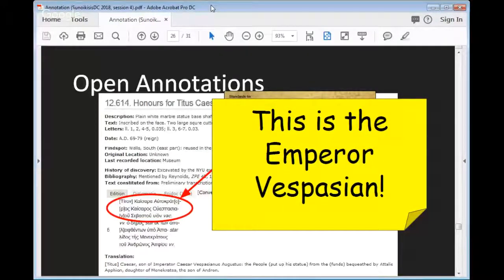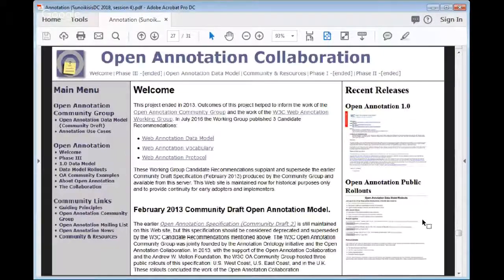Okay, and this is by way of explaining the language that the open annotation format uses. The annotation has a target. The target is what we're pointing at, the piece of text, and it has a body. The body is what we write on the post-it note. Okay, and so this format, the open annotation format, was originally created by the Open Annotation Collaboration.